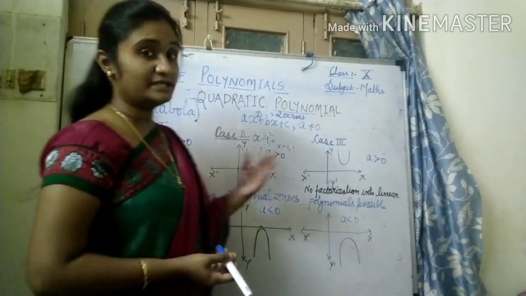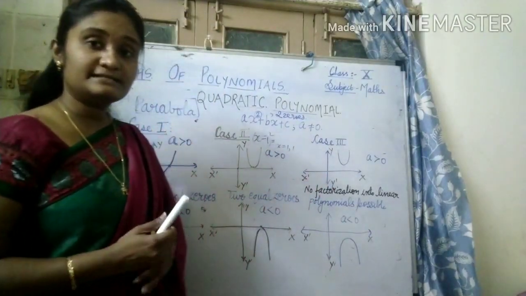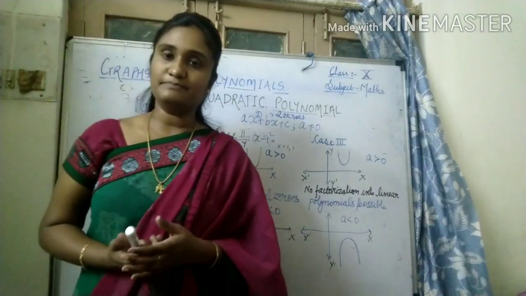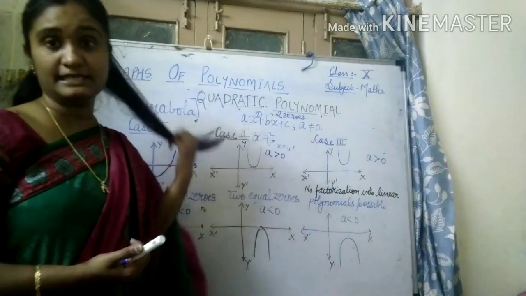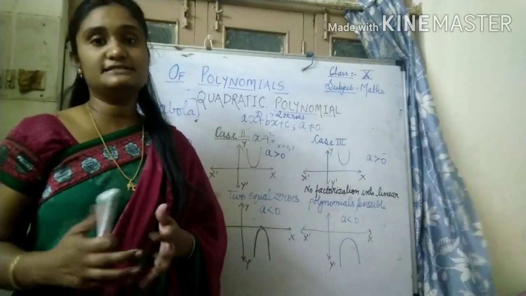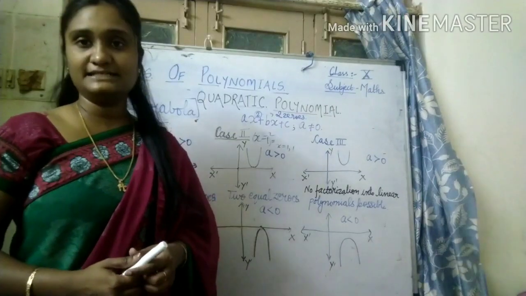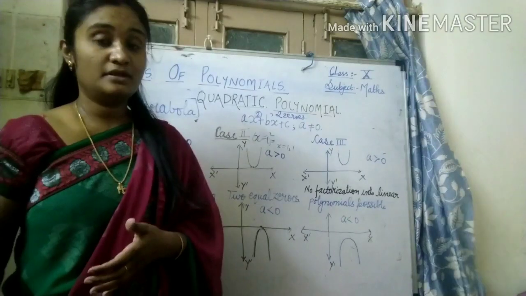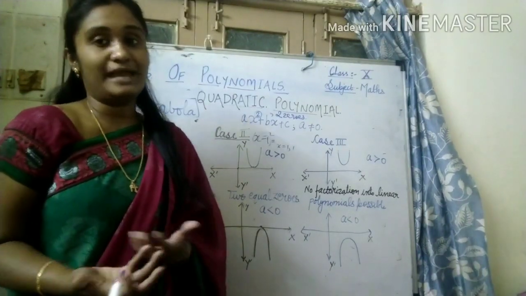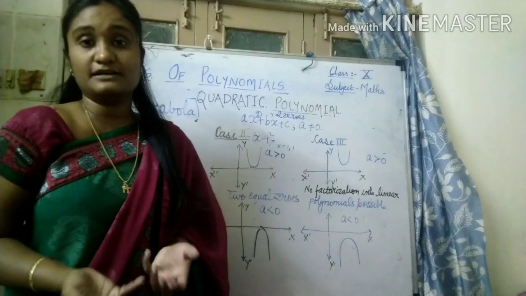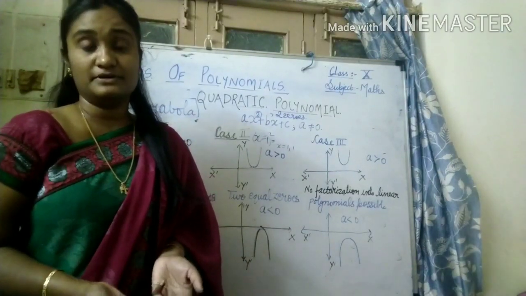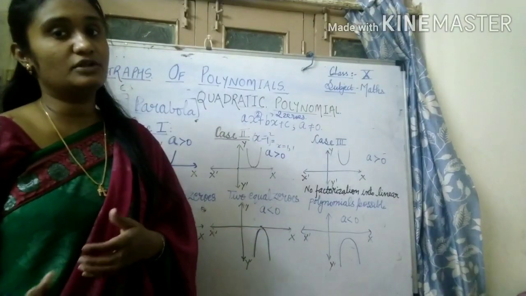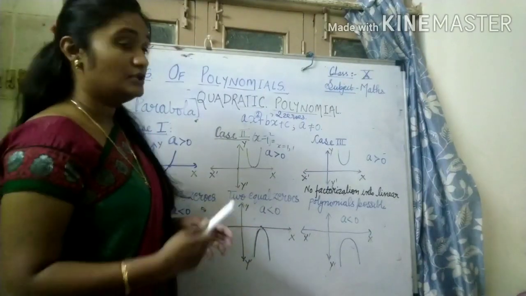Now you might be thinking, what is case 3? Case 3 covers special varieties of quadratic polynomials. Sometimes it happens that the highest degree is 2, but factorization is a tough job. Even if you factorize, you won't get the two factors as linear polynomials as the case should be. So in such cases, definitely you can draw a graph, because it's a polynomial, you can easily plot it on graph paper. But when we talk about the zeros, the possibility is next to impossible. Fine? No real roots exist.